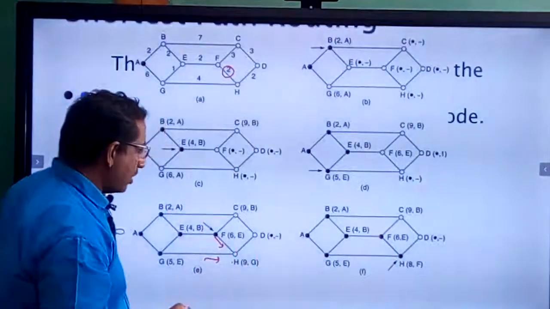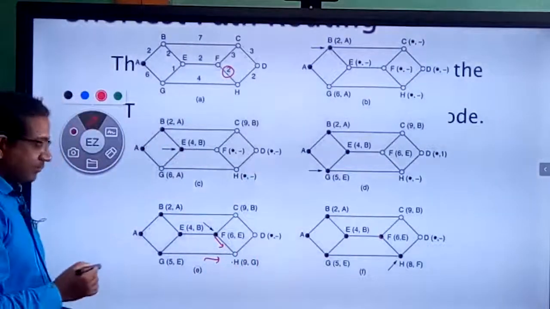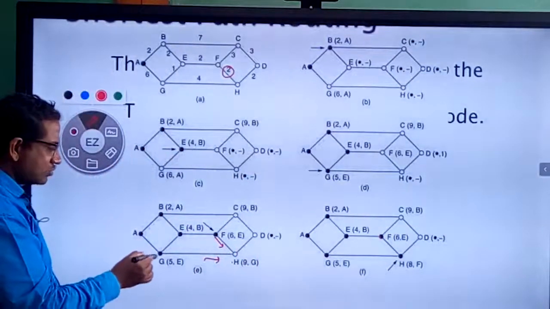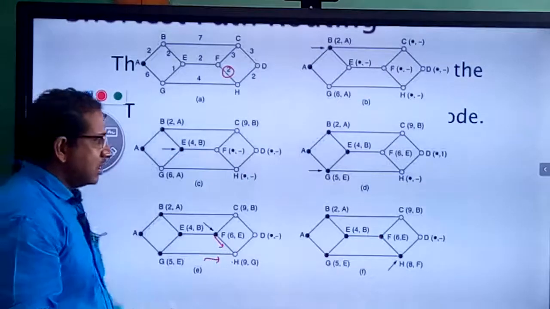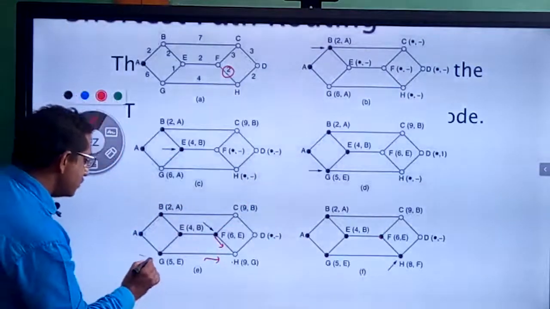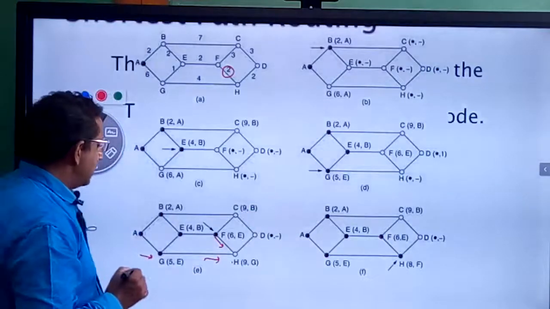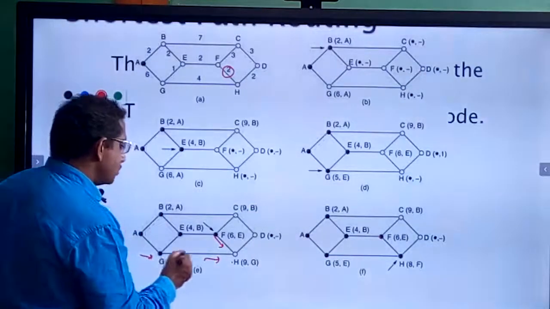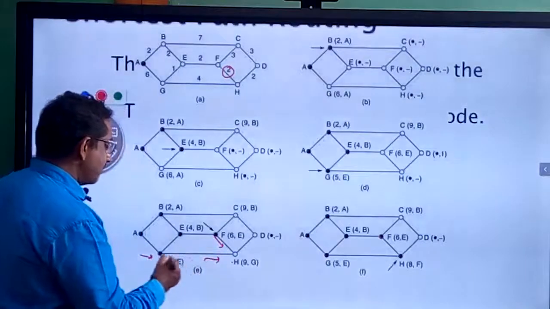Next route is going to be what now? If G is going to be the working node, (the active node is the passed node, the working node is the present working node), then the packet will travel from G to H. The route is going to be from G to H.